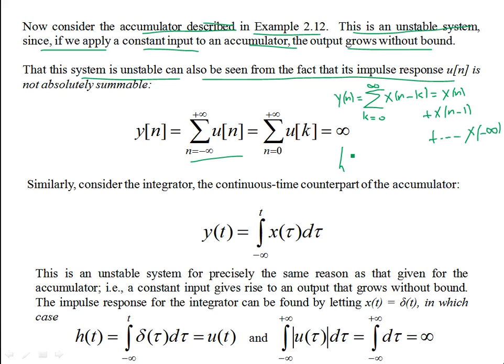So how do you compute its impulse response? Well, it's easy to see. You simply replace x by delta, so the input of the system becomes the delta function. So delta of n minus k, and if you vary k from 0 to infinity, that becomes the definition of the unit step function. u of n can be decomposed into an infinite number of shifted pulses, starting at k equal to 0 and going up to infinity. So you have delta of n, delta of n minus 1, delta of n minus 2, and this goes to infinity. So this is u of n.